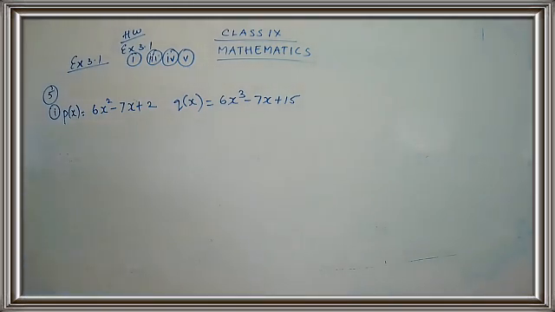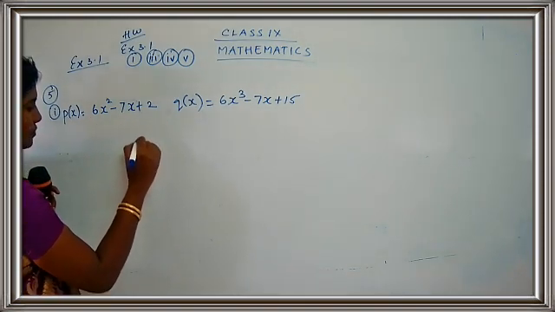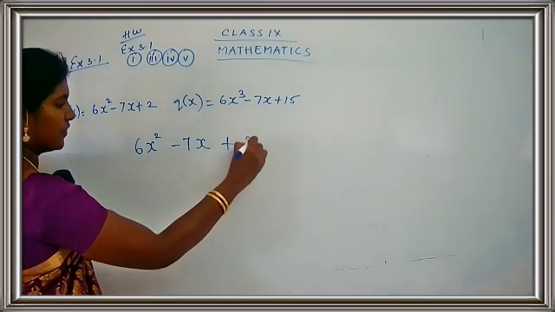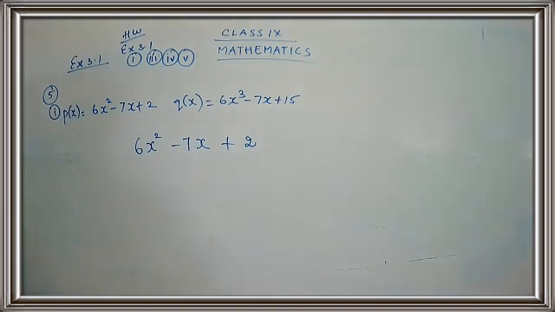So be careful when you write down the polynomials. Okay, so we have to arrange. That is the only thing here. Once we arrange the polynomial in a proper way, the addition becomes very easy. Okay, children, so let me arrange the first part. I'm just going to write down 6x square. Please give proper spacing when you add. So 6x square minus 7x plus 2. I have written the first polynomial. Now let me write the second polynomial.